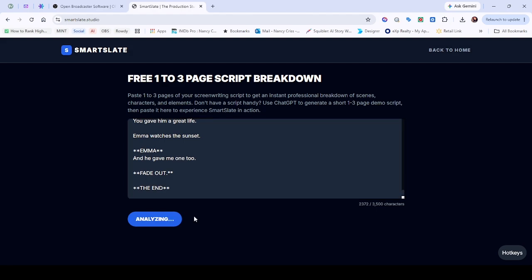Now, this will take a few minutes. We do have this where you can only do up to 3,500 characters under the free demo. But basically, it's enough to show you how the software works. Once this is done analyzing, it's going to take us into the software,